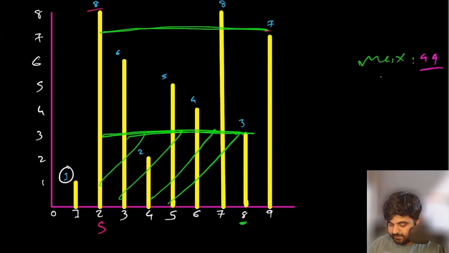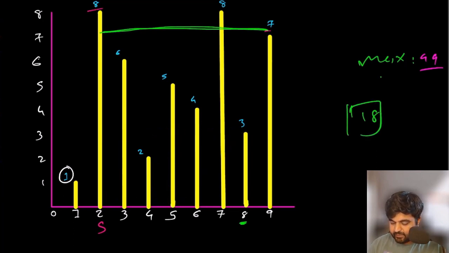is going to be 3 multiplied by 6. So that is going to be 18. This is not going to be the maximum. So again we are going to move to the next value, and for the next value again we are going to move it to the value number 7.